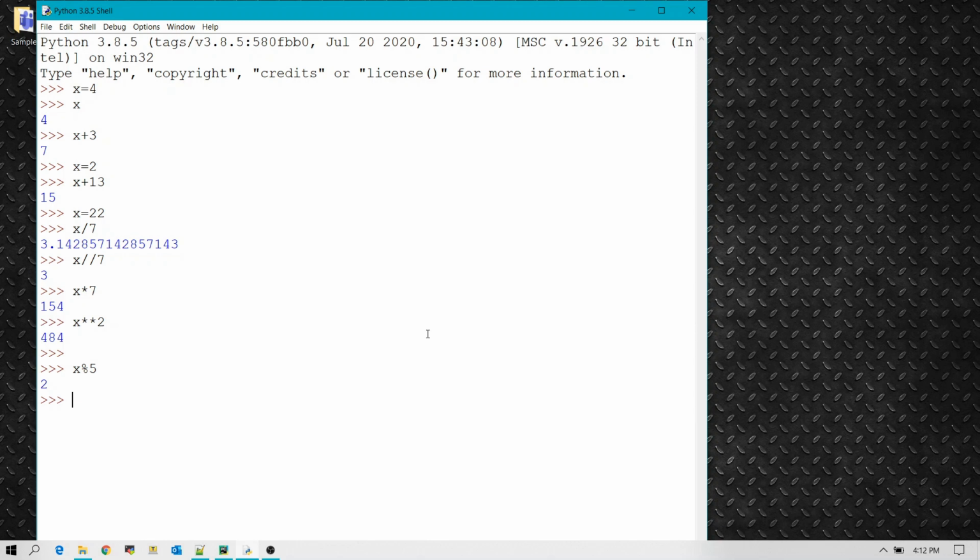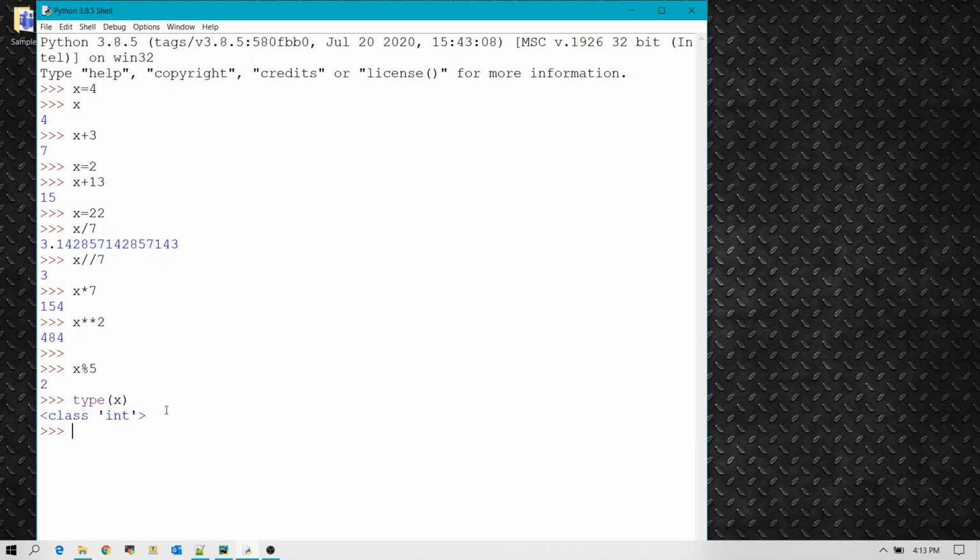One more thing is, just in case you want to check what type of value is inside a variable or what type of variable it is, for that there is an inbuilt function in Python, which is type, and then all you need to do is mention the name of the variable that you want to check. So this is x in our case, and we'll hit enter. So you can see it is of type int. Int is short form for integer.